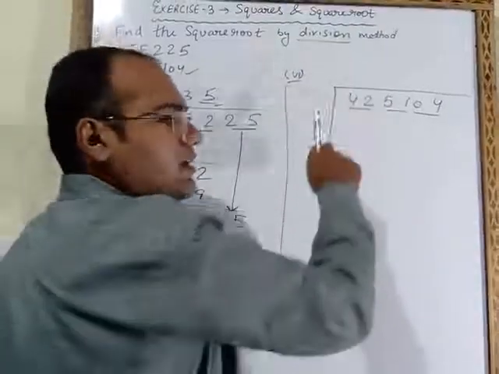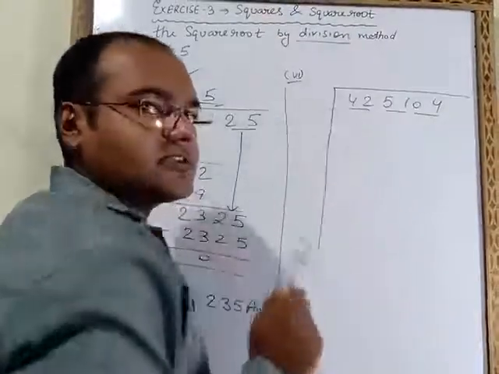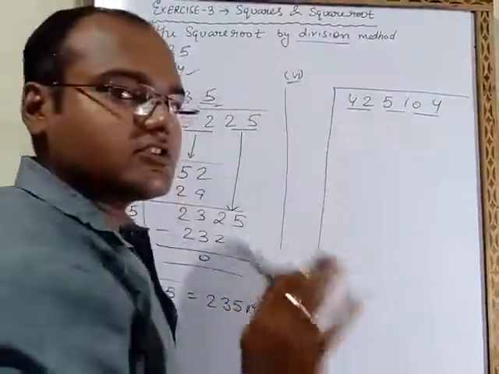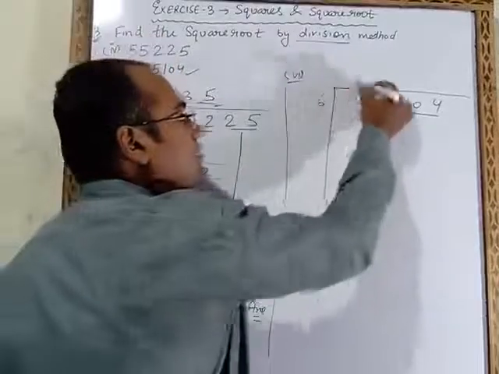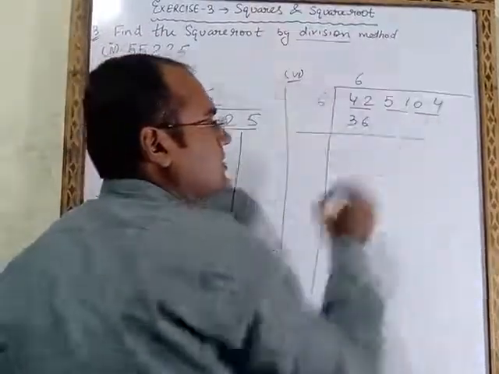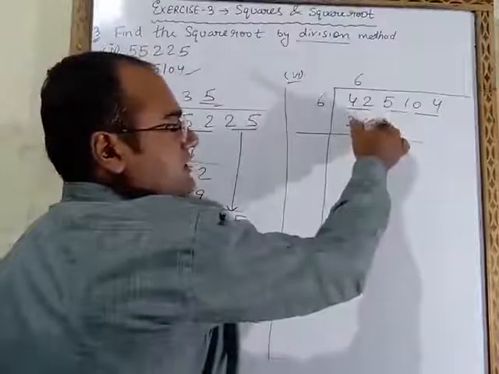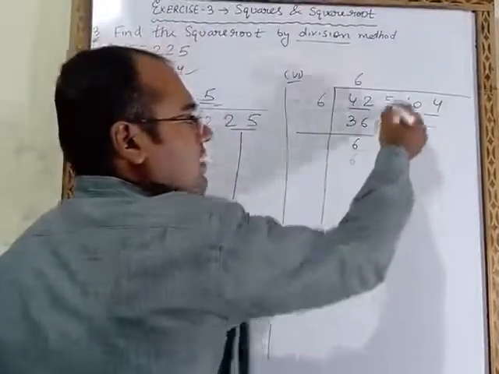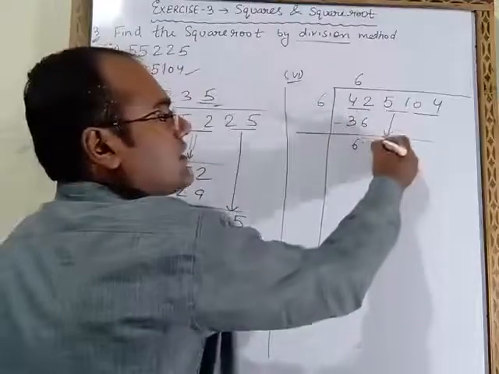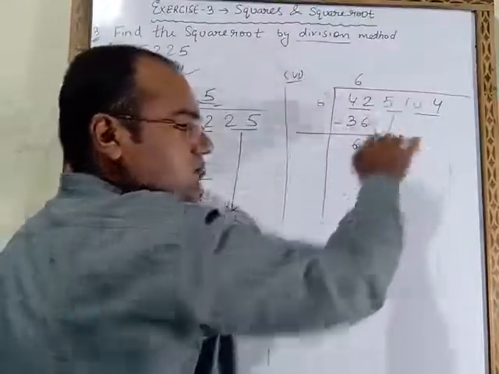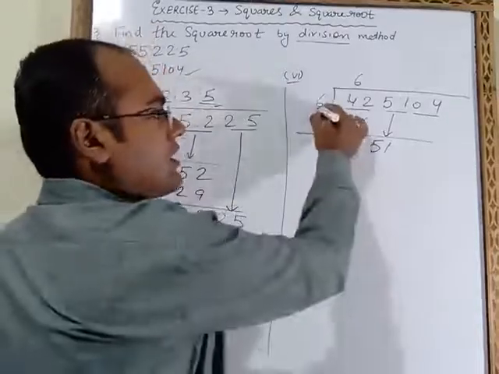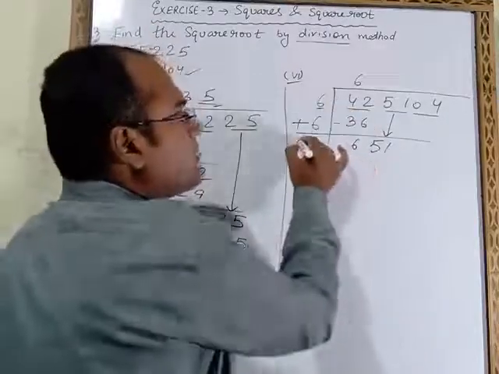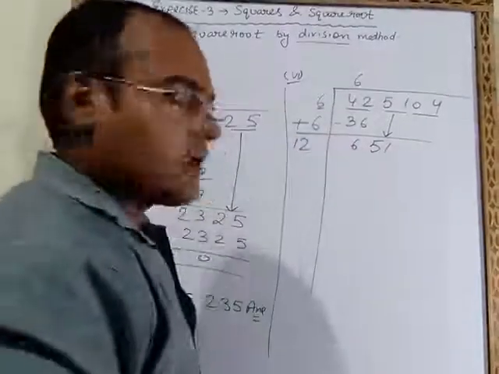Now same number we have to take here also and here also. 6 6 ja 36. 7 7 ja if I take, answer will be 49, and 49 is greater, so we will not take it. So 6 6 ja 36. Now we will subtract these two numbers. On subtracting we will get 6. This 51 we have to bring down. 51, both are underlined, so we have to write them together. Now here we had written 6. This 6 we have to add. 6 plus 6 will become 12.